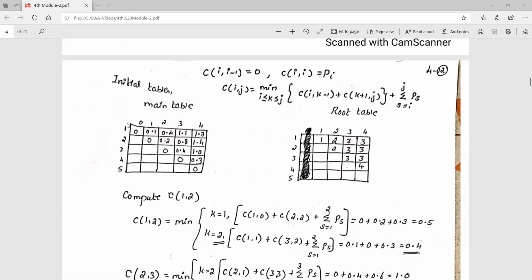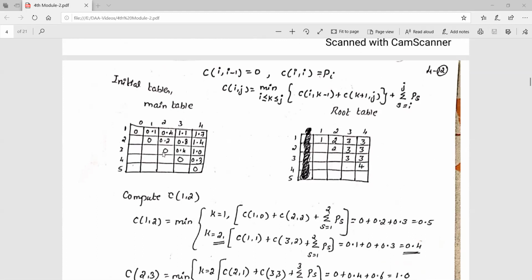So 1 to 0, 2 to 1, 3 to 2, 4 to 3, and 5 to 4. Whatever i value you take, the second index is one less. The value will be 0. That's in the main diagonal.